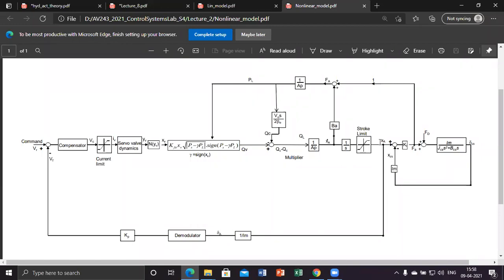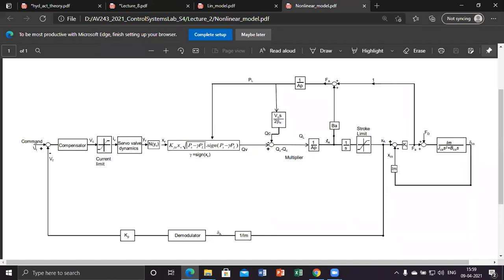So the relationship between the translational motion and deflection is always given by the lever arm or moment of the control surface. Same LM is used. XA divided by LM: if you interpret the elongation of the actuator, there is a relative movement of the piston with respect to the cylinder as an equivalent deflection reflected at the control surface. So you divide by LM, you will get delta A. Then the sensor dynamics. Then Kp is the scale factor.